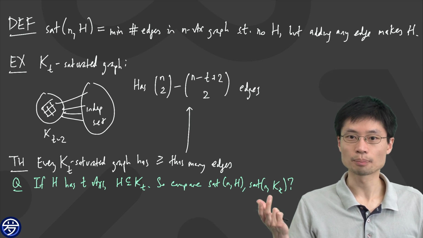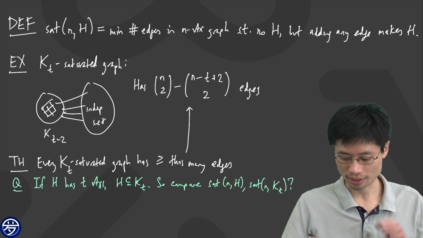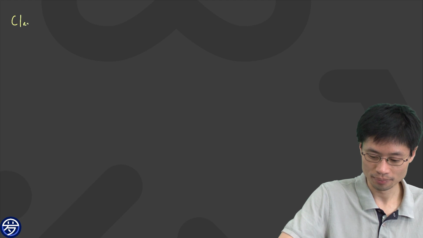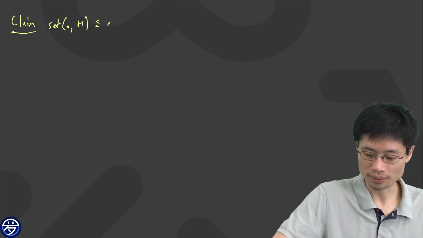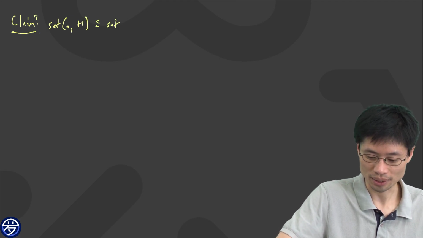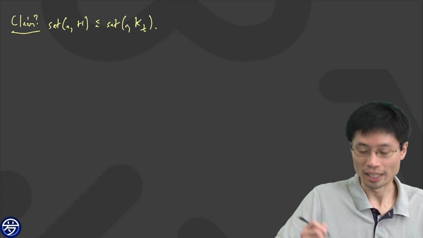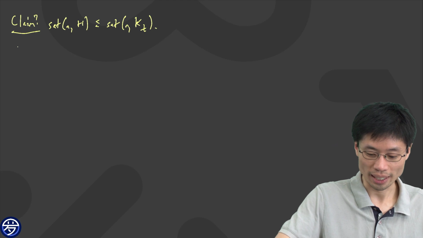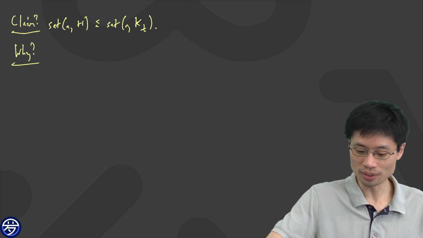Okay, so you're saying suppose I've got a graph which is saturated for KT. Let's see where we're trying to go here. There's a claim. The claim is that the saturation number of H is less than or equal to the saturation number of n and KT, with a question mark. And the proof of this claim, why? Well, these saturation numbers are minimums, right? So what you're doing is consider